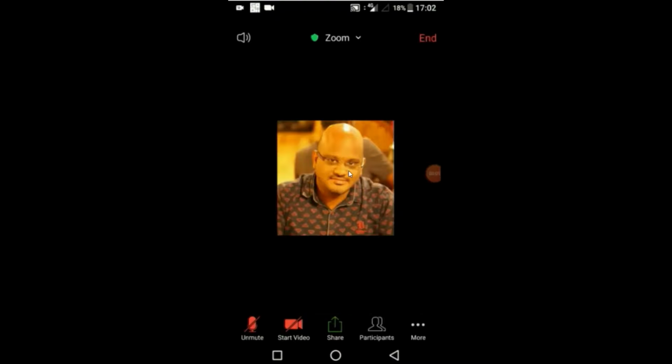So the next important feature is the mute and unmute all options. The host has the privilege to mute and unmute all. When there is a bigger meeting, the host doesn't want everyone to speak, so there will be a question and answer section at the end of the meeting, so that they can unmute all and ask everyone to ask questions.